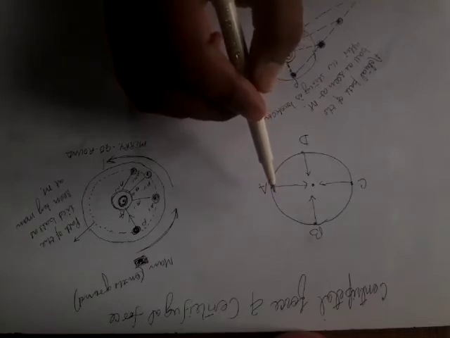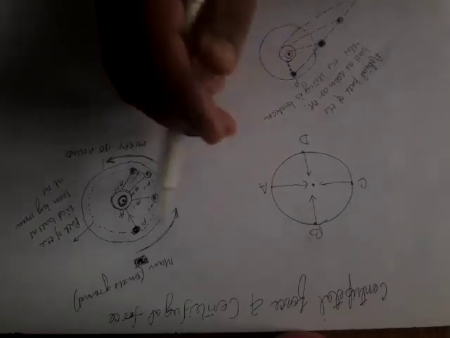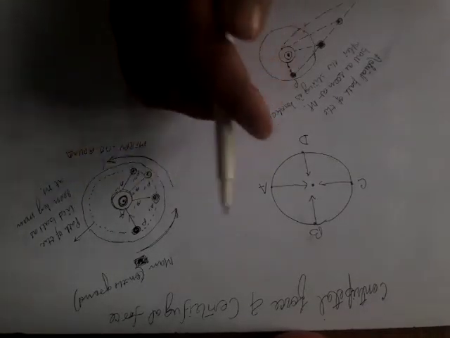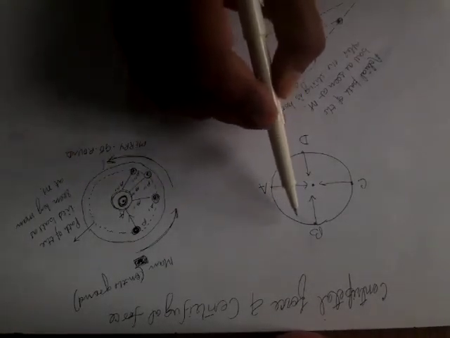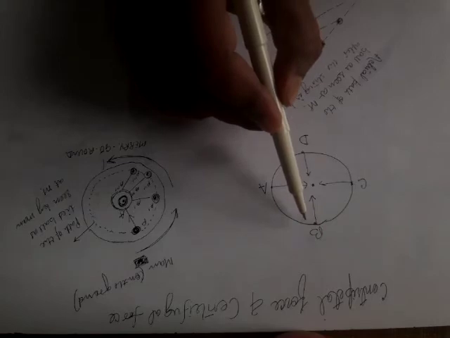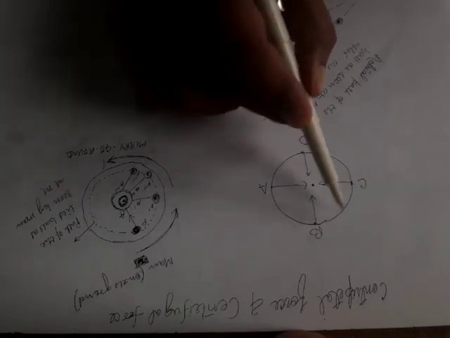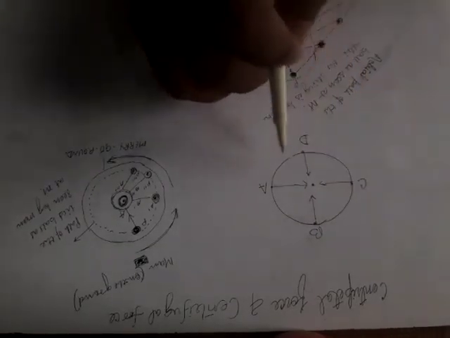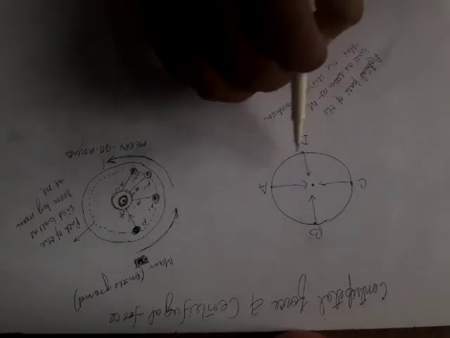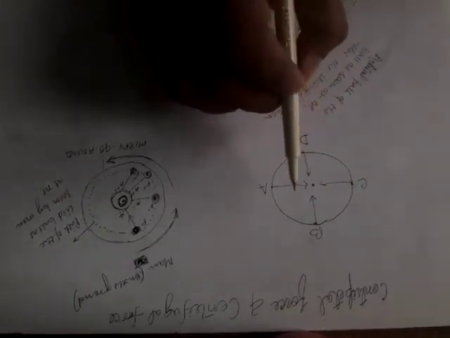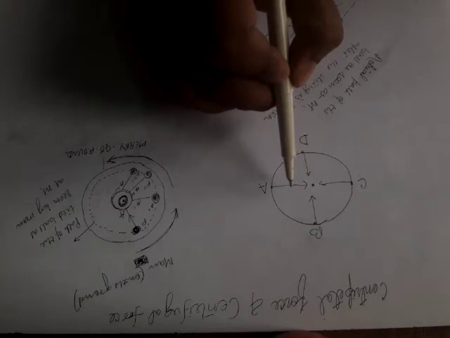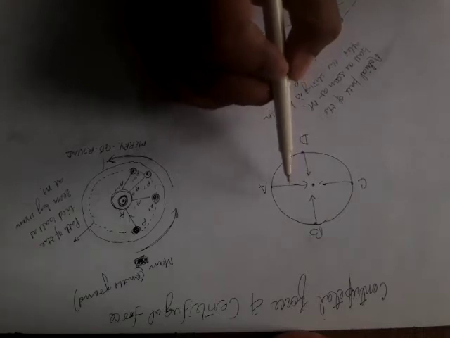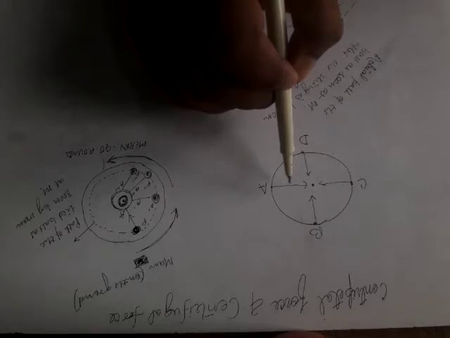Okay, we can also take a very behavioral example, that is when a stone is tied on a string, and if you whirl it around, then what will happen? The tension produced in the string will provide the necessary centripetal force, which is hence responsible for revolving the stone. So all these are the basic examples we have learned, and this is all about the centripetal force.